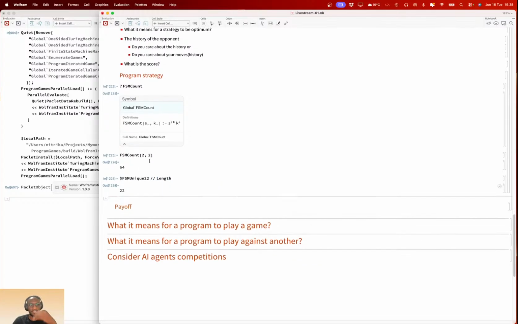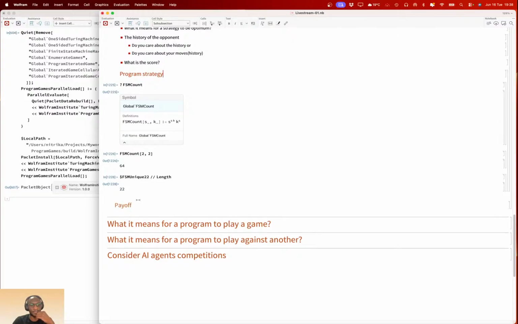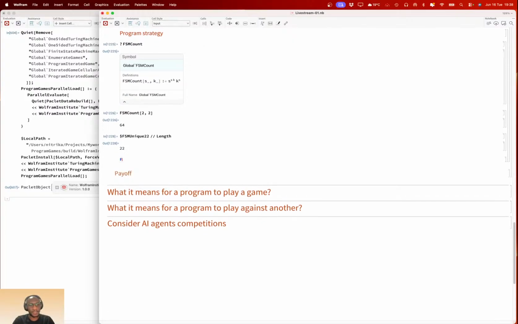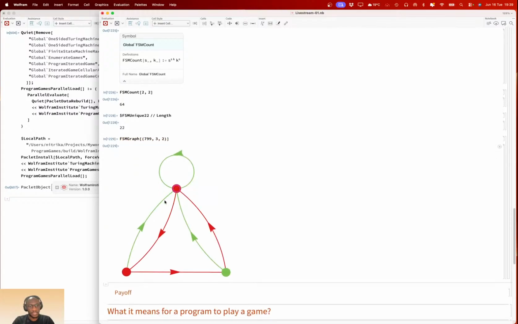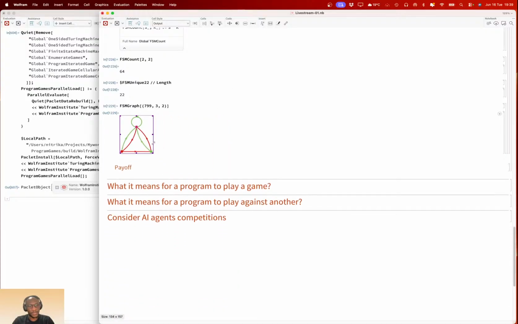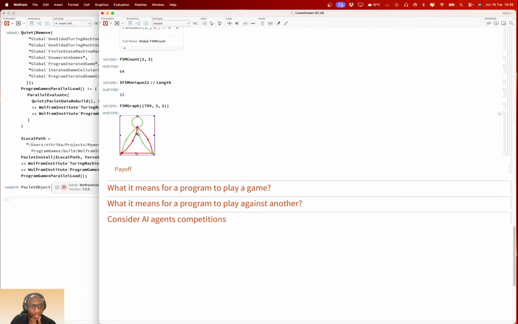So what you can ask here is, for a program strategy, given an FSM, really an FSM just receives input, because it's really just checking the opponent's moves. If you look at an example of an FSM graph, let's just talk about these. Which one is interesting? Take this FSM for example. You start.